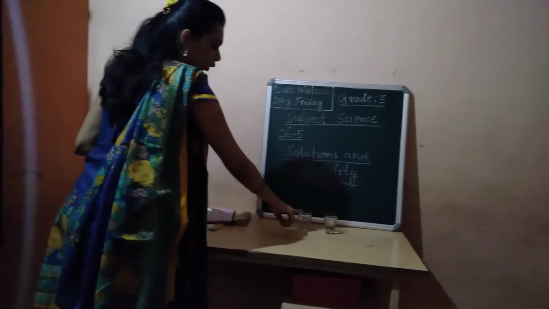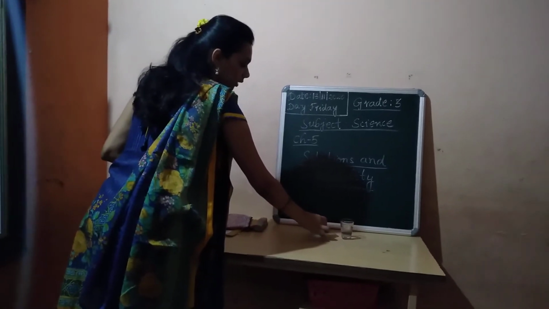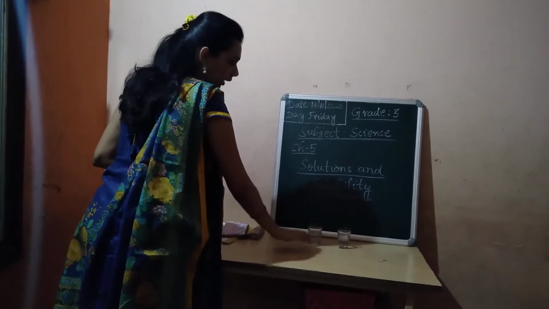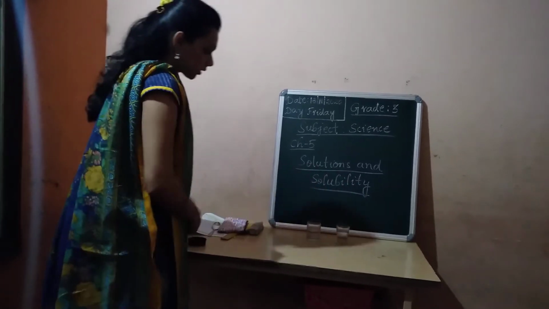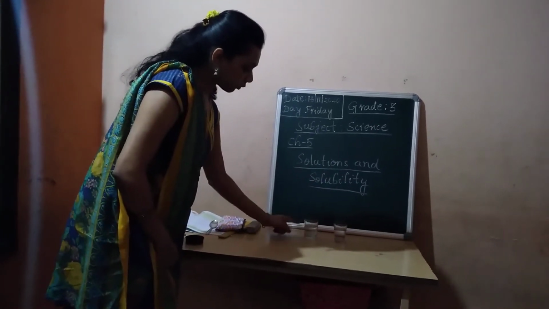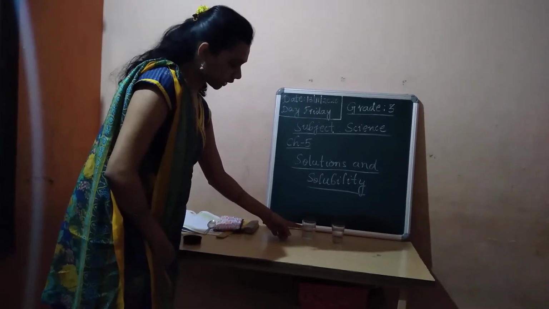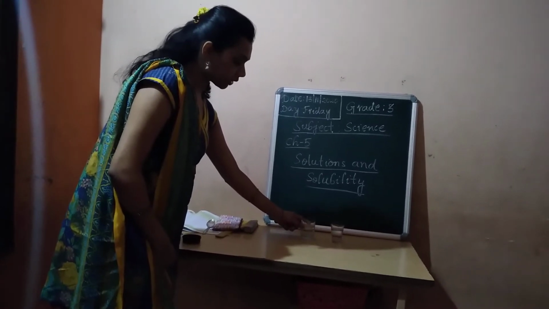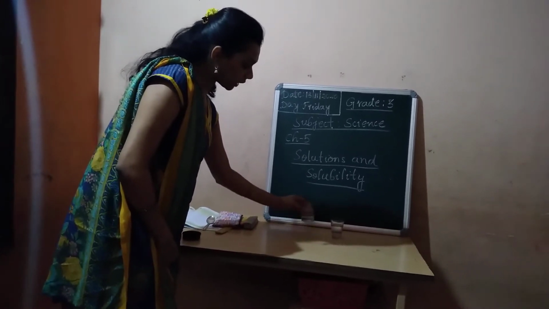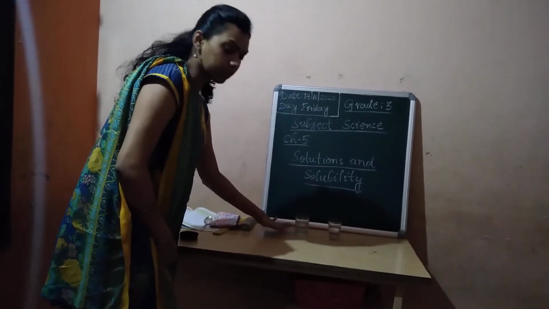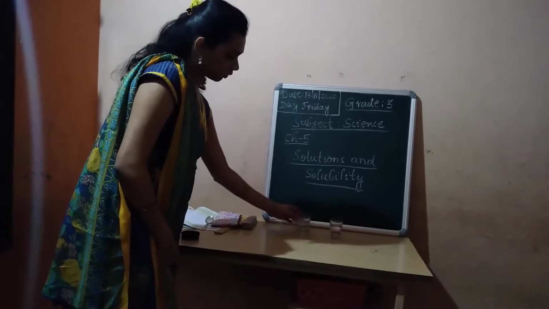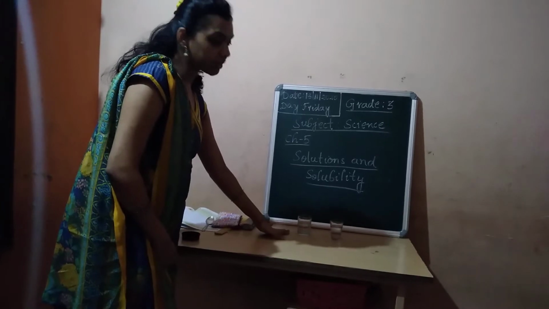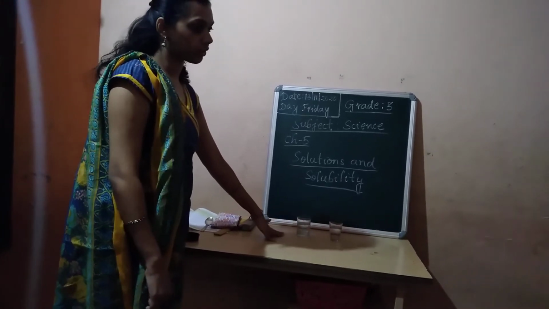So I have taken an object. The object is nothing but the glass, and I have put liquid inside the object and placed it on the table. The amount of the water, the amount of the substance present inside the object, we call it mass, and it is measured in kilograms. This we studied in the previous chapter. I have placed this object on the table in one particular place. So this object occupies some space on the table, that we call volume. This we studied in our previous chapter.